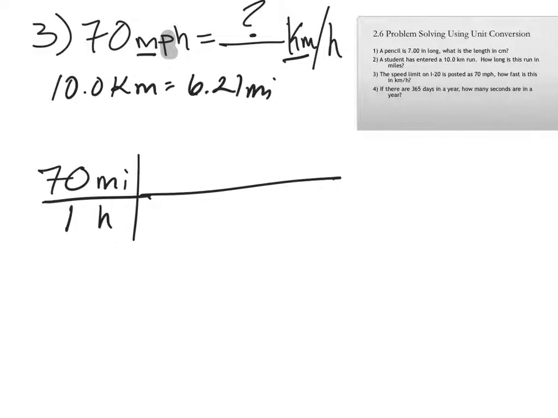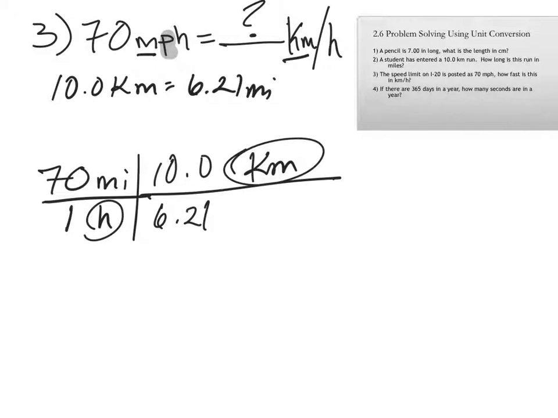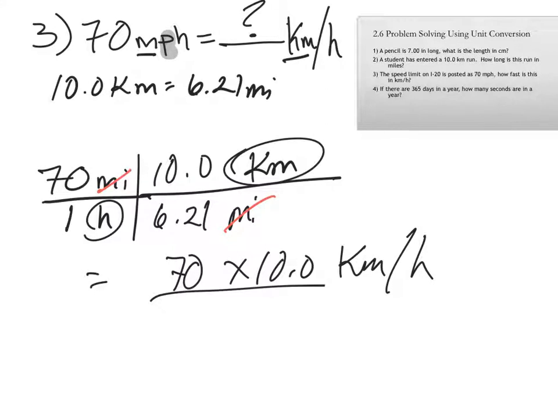We ultimately want to go to kilometers per hour. We're going to keep the hour there, we're going to keep the kilometers there, but we need to cancel out miles. So we have here 10 kilometers for every 6.21 miles. Miles cancel out and we get kilometers. Do the calculation and you get 70 times 10 kilometers per hour essentially divided by 6.21, and you get